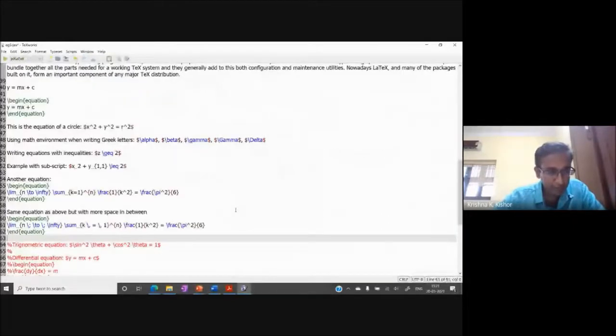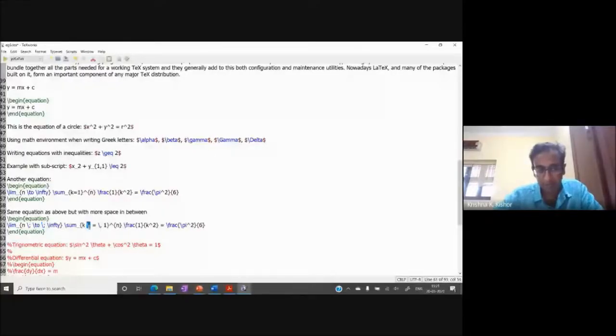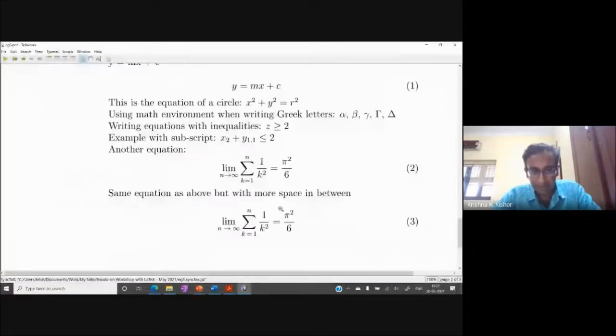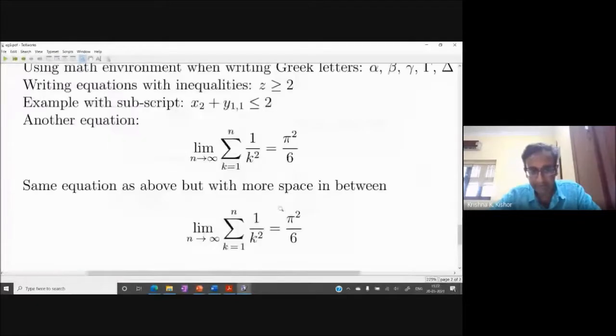So what I have in this comment is n backslash semicolon, and another semicolon. I can add all this and control it. There are 3 types of spaces you can add: semicolon, colon, and comma, and each one controls the spacing. So let's just see the output so you appreciate it. If you look carefully, you see the spacing over here. N tends to infinity is written in a little bit more legible manner. So things like that you can do with LaTeX.